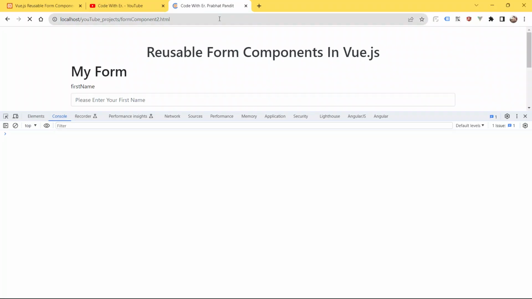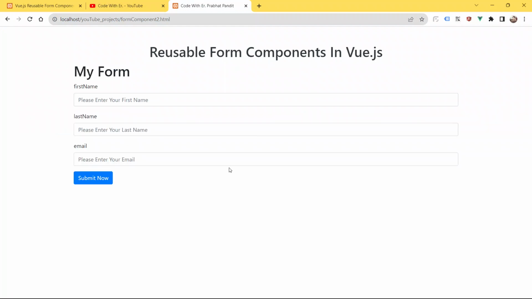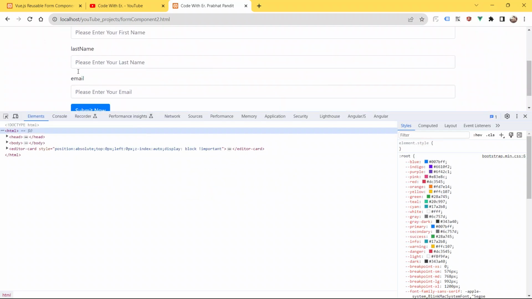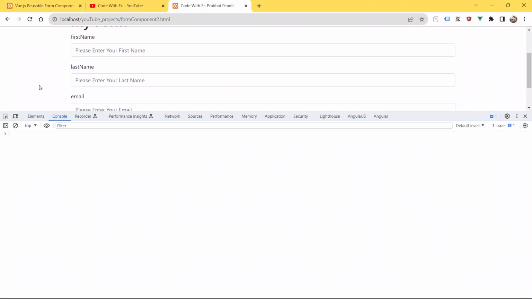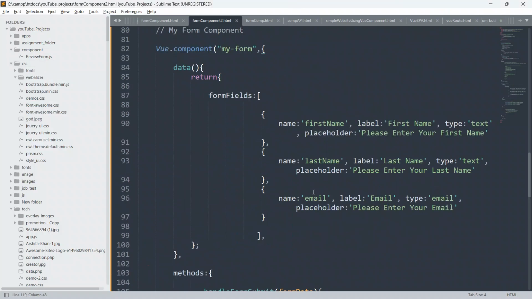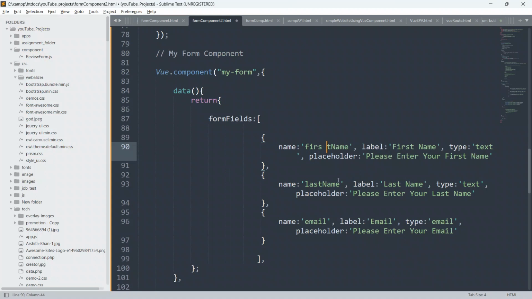See, boom guys, we got our form. As of now you can see the single form. First of all, try to submit this single form only, and it will be easy to understand. Just 1 second guys. So I will say first name, last name, and email. Give the E capital, give L capital also, and give F capital also.